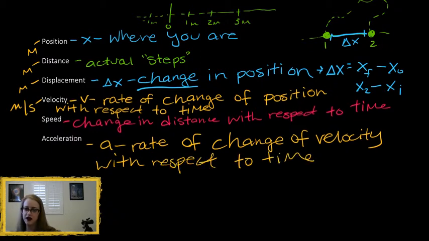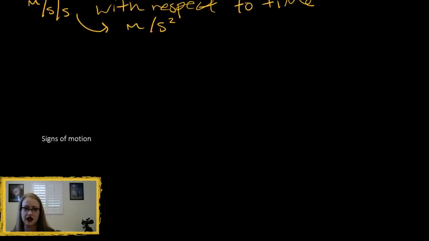With respect to time. So this is our meters per second, which we usually call meters per second squared. So these are basic kinematics vocabulary words. So let's look at signs of motion. Like, what does it mean if you have a positive velocity or a negative velocity, or a positive acceleration or